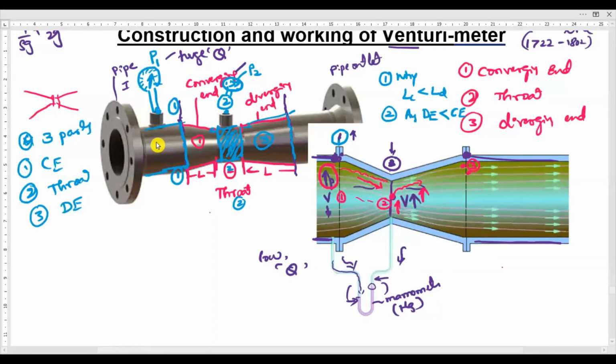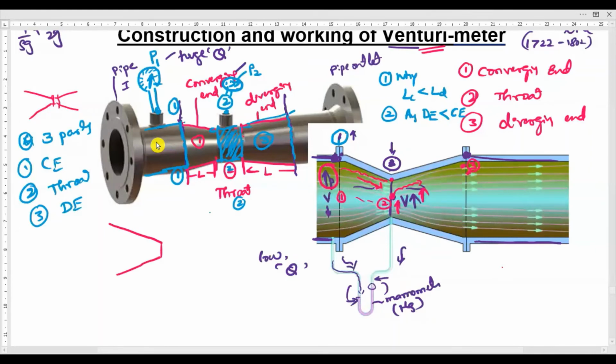So to avoid this backflow condition, what the Venturi scientist has done is they have increased the angle or the length of this diverging end slowly. They have not taken a structure like this. My dear students, observe, be careful here.